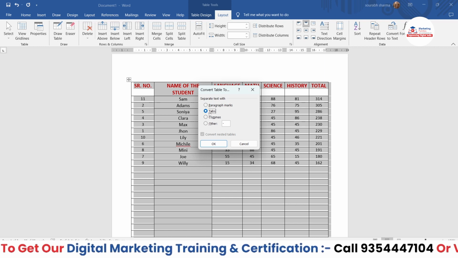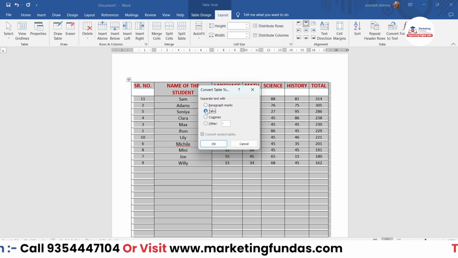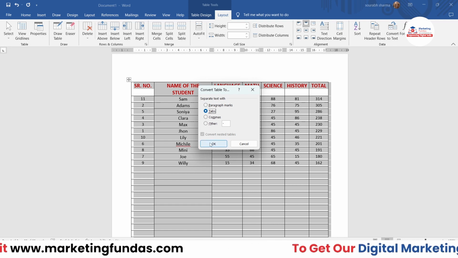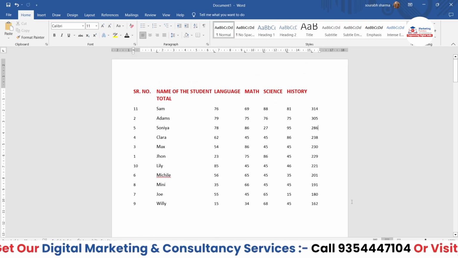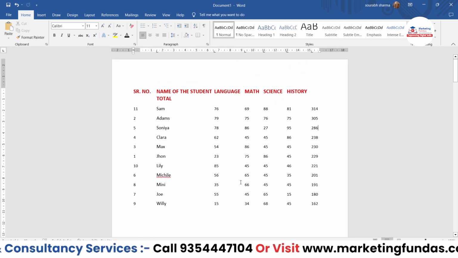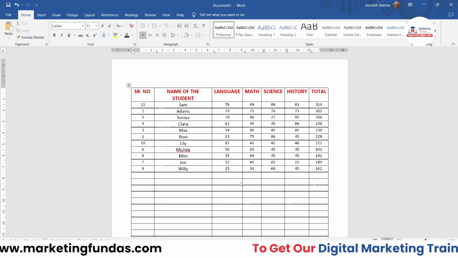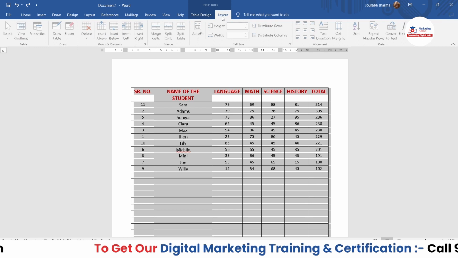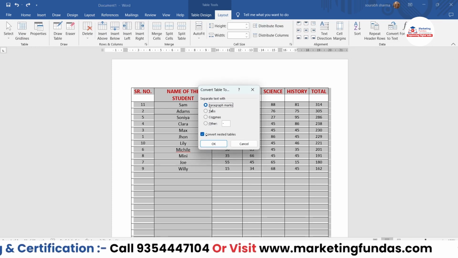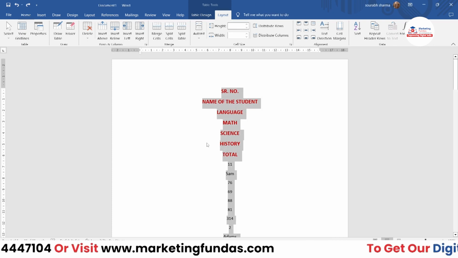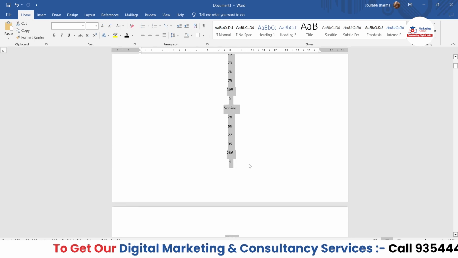So we do have paragraph marks, then tabs, then commas. The most popular one is tabs. If you click on tabs, your data will be converted into a tabular form, as you can see here. So now your table is gone and you only have text format, right? If I press Ctrl Z and go back to layout again and click on convert to text again, and let's go with paragraph marks, and if I click on OK,